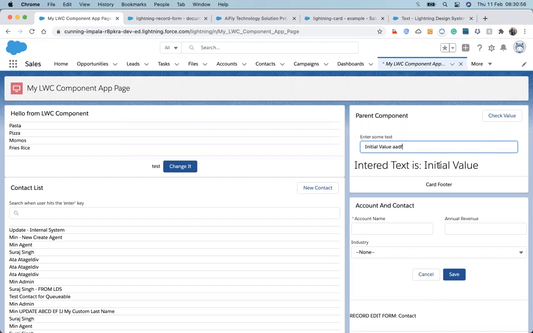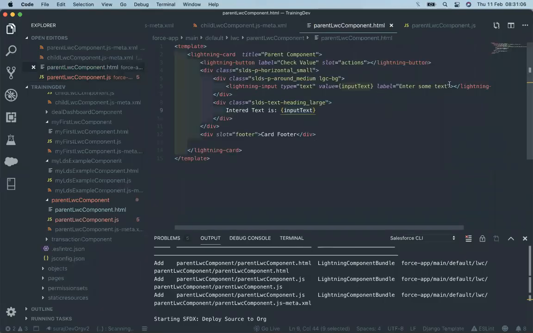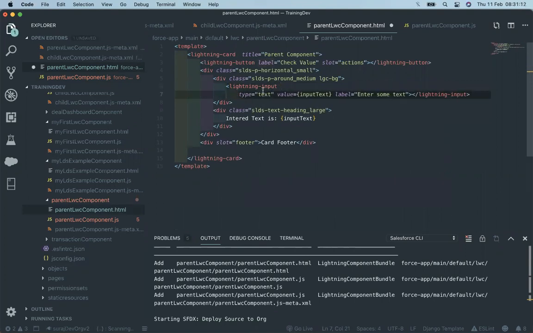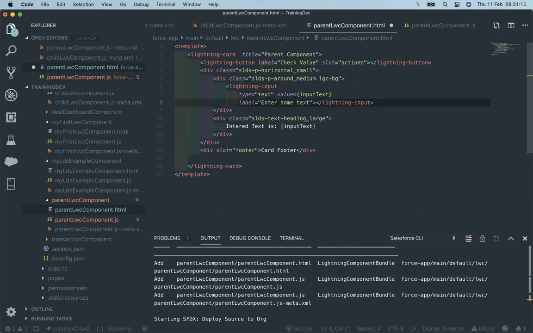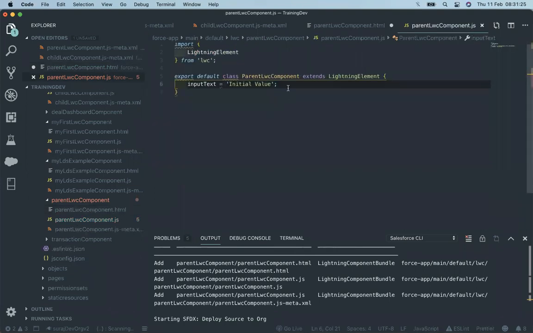So whenever we have to pass a value from the child component to the parent component, we have to design an event. So let's make an event up here, because the concept is always the same, that's why I'm explaining it this way. There is an event called onchange, and in this onchange event, let's declare the onchange event.